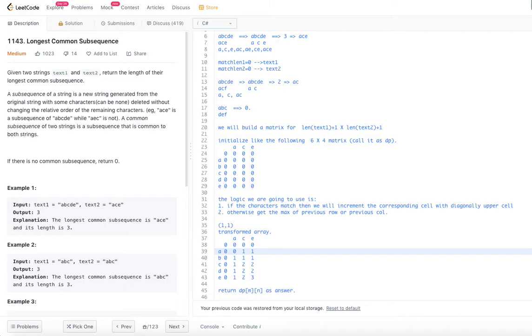In our previous example, let's say I'm keeping track of matched length, which I'm calculating right here. So what I'm going to do is, A and A, there is a match. So what I am doing is 1 plus the previous match length. The previous match length is 0. So 1 plus 0 is 1. The previous match length in this matrix is diagonally